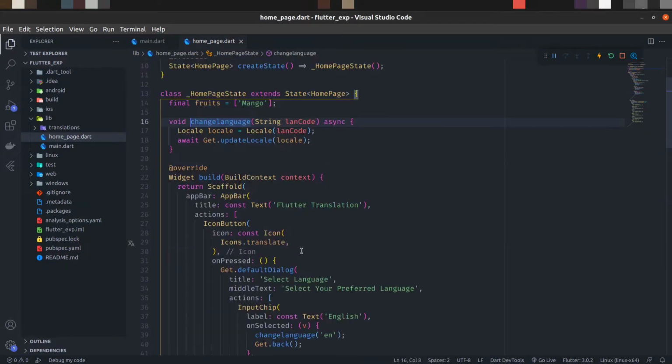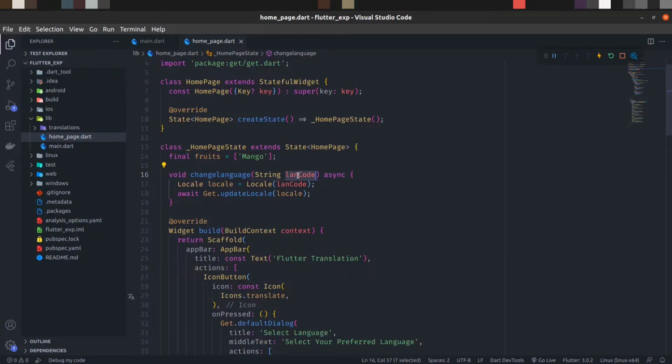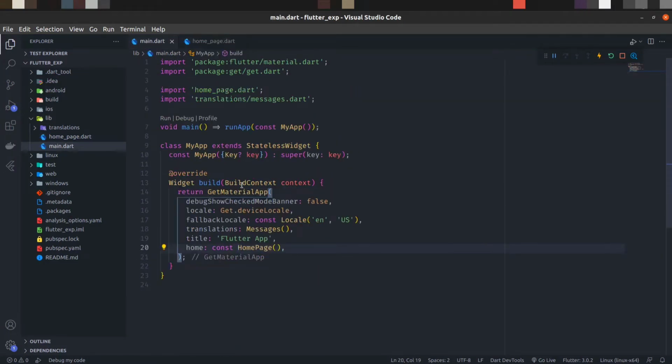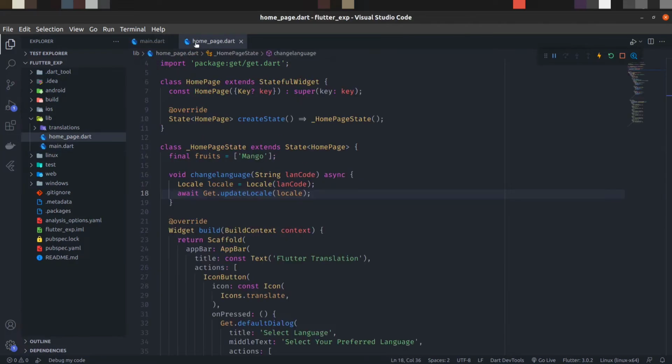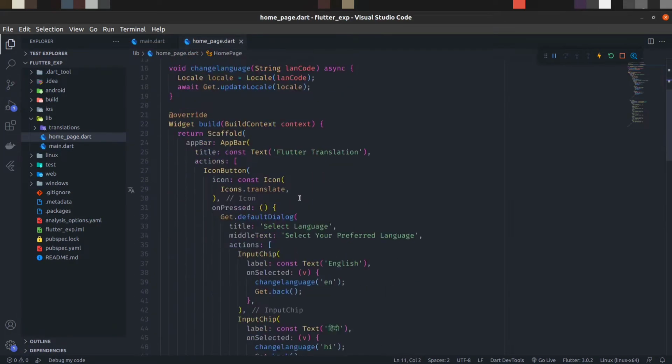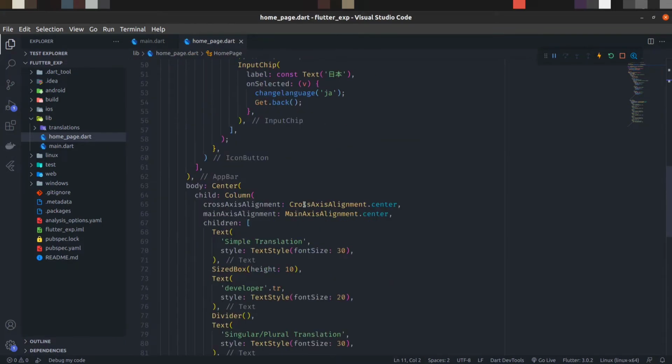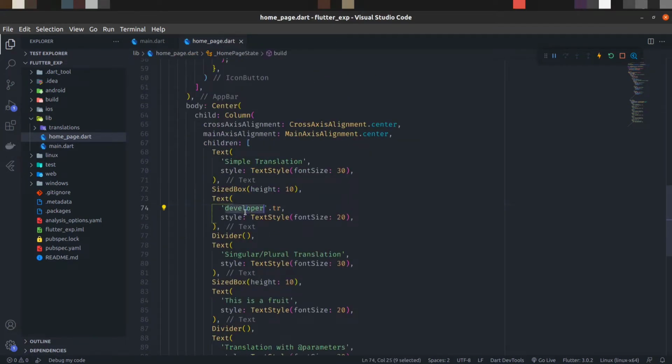The change language function takes that code and creates a locale for that code, and using the GetX package it updates the locale. And because we are using GetMaterialApp, it automatically updates the language of our entire application. Everywhere we have used this developer key in our application, not here, that key will be updated to the given language.